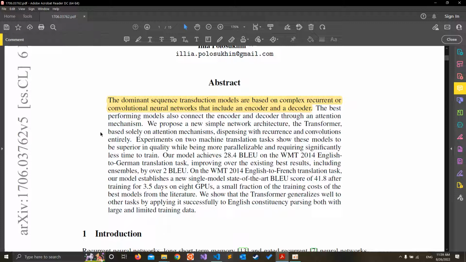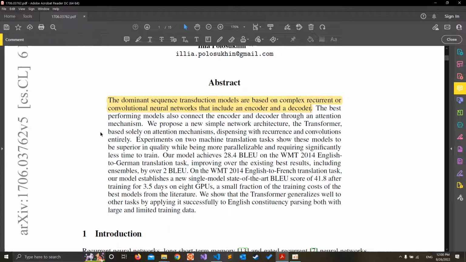Their model achieves 28.4 Blue score on the WMT 2014 English to German translation task, improving over the existing best results, including ensembles by over 2 Blue scores. On the WMT 2014 English to French translation task, their model establishes a new single model state-of-the-art Blue score of 41.8 after training for 3.5 days on 8 GPUs, a small fraction of the training costs of the best models from the literature. So they're mentioning that their model is reaching state-of-the-art results in WMT translation task, both in English to German and